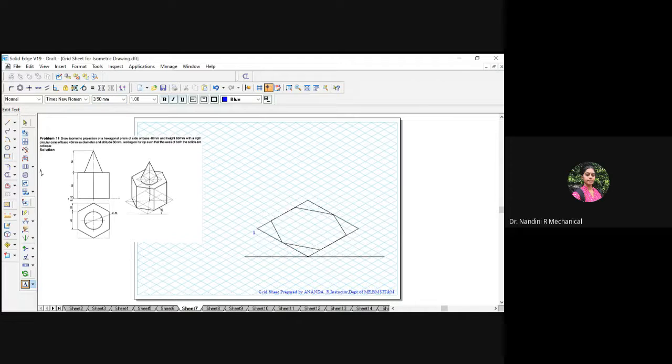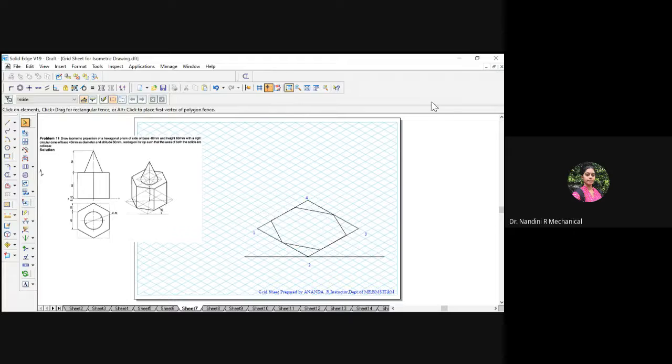Write it as 1, 2, 3 and 4. So if you name this as 1 and 2, between 1 and 2 you have only one corner of the hexagonal prism, that is at the center. Okay, so if you come between 2 to 3, you have 2 points. And it is told from here till here it is 20 mm. So if you convert that into 0.8164 isometric scale, you will get 2 units as a count. So I have left 2 units here and I have joined.